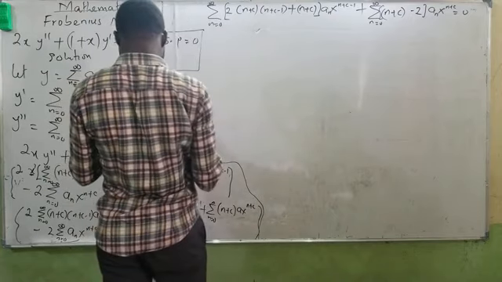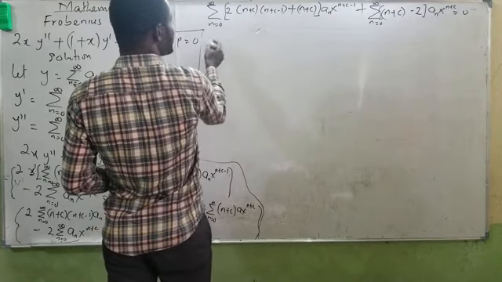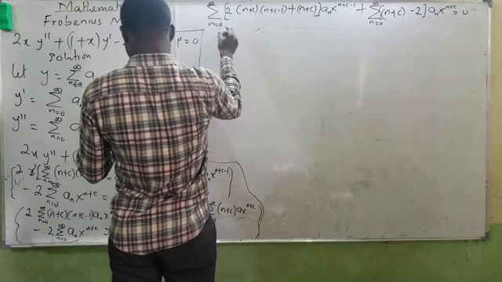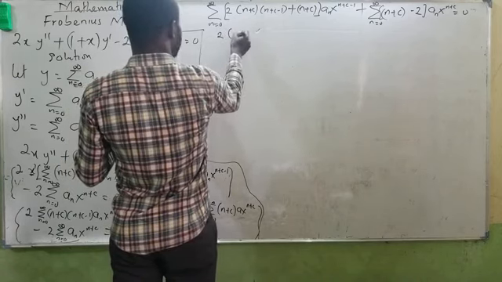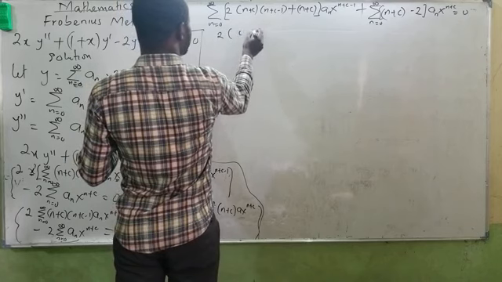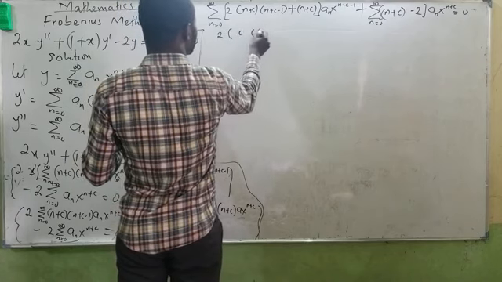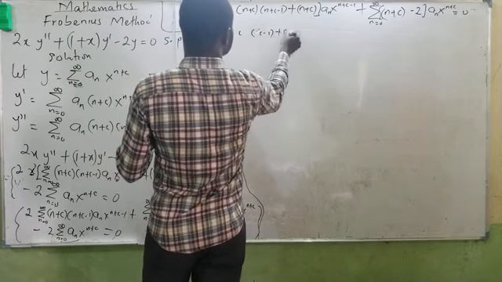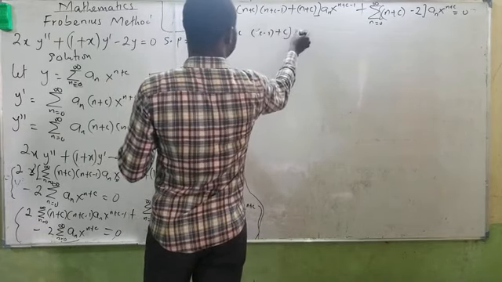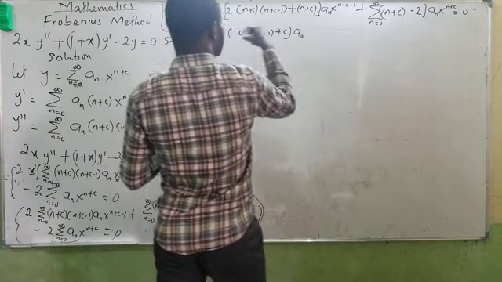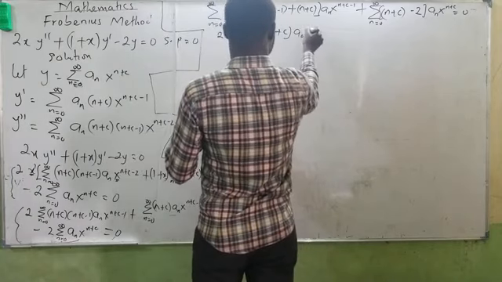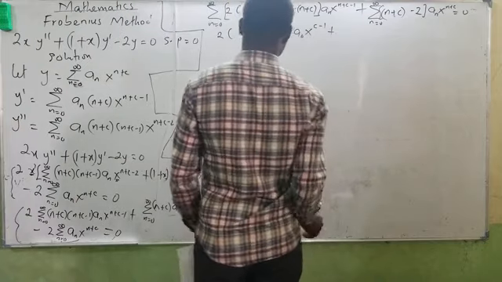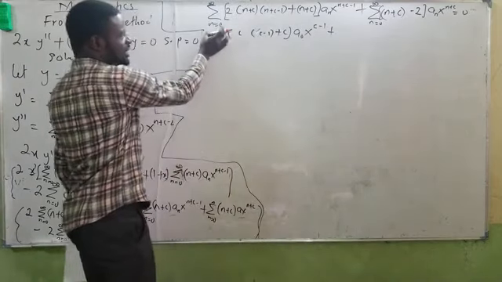It means if my n equals to 0, I'll be having 2 bracket of c bracket of c minus 1 plus c close bracket, a of 0, and we have x raised to the power c minus 1, plus,